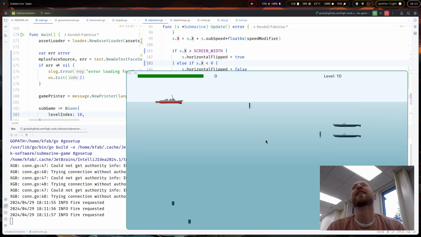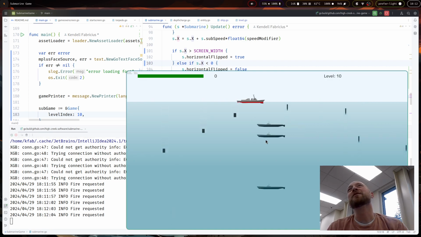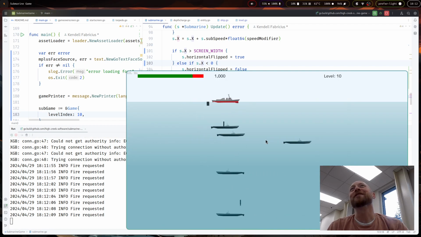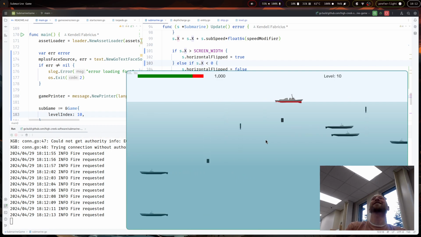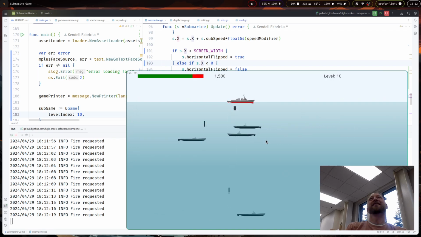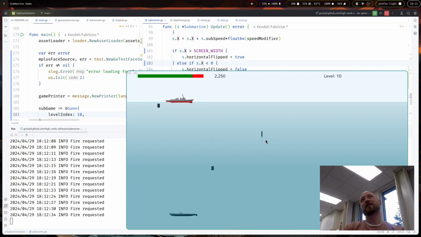Yeah, I think what we need to do is fix our spawn so they don't fall. And those ones are considerably faster. Well, if we were to keep track of what location the submarine came in at, there's a lot of additional logic that could be added to really make the spawning and the AI itself more